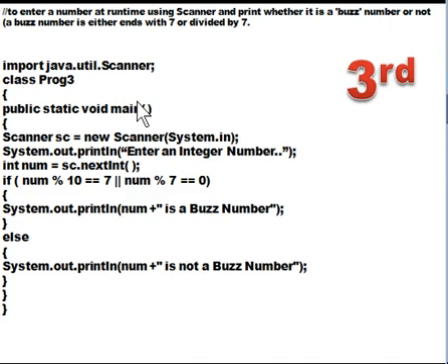So again, I'm importing the scanner class into the program, starting with the class declaration followed by the main method. In the main method body, I'm creating an object of the scanner class here. So telling the user what to do, enter an integer number with a message, and the user is entering it with the help of nextInt function of scanner class. So I've taken a variable num, that is num of integer type, to accept an integer as an input.